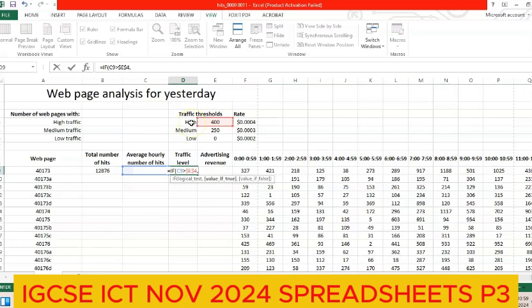So our output should be high. Then I should also make sure that I lock this output. Now the next condition, again if statement, if the contents of C9,